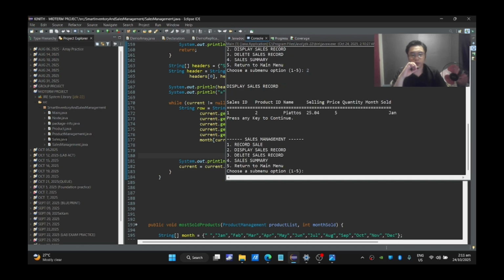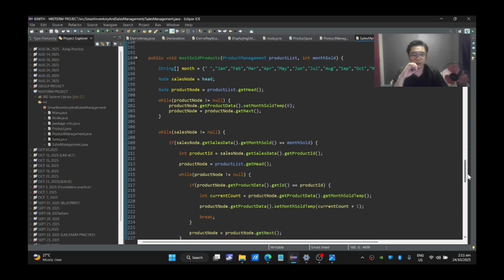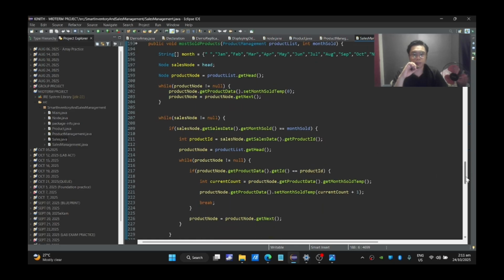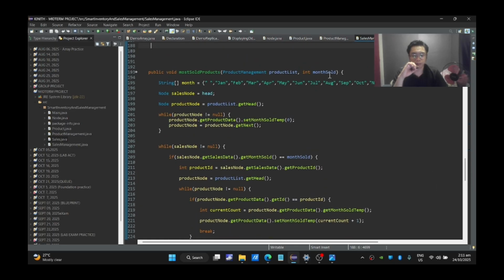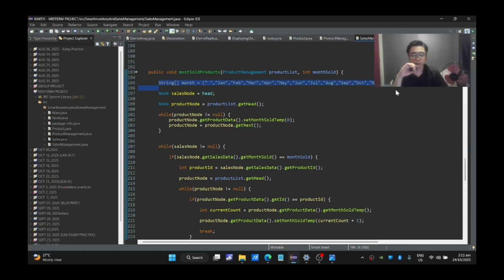So the next one that I will demonstrate is the most sold product method. It needs parameters of product list and month sold. So just like the display method, we start by creating a class of month, and the sales node will be pointing to the head.